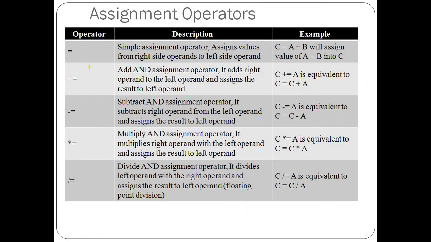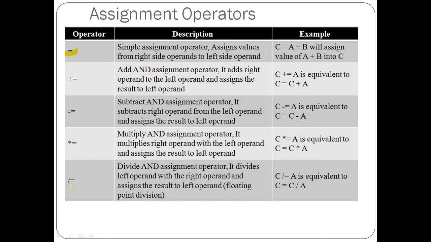The next one we have is assignment operators. Assignment operators are of two categories. The first one is called the simple assignment operator, and the next ones are compound assignment operators. Assignment operators are used to assign values to the operands. For example, if I write A equals 10, then 10 will be stored in A. LHS equals RHS. RHS will be shifted to LHS.